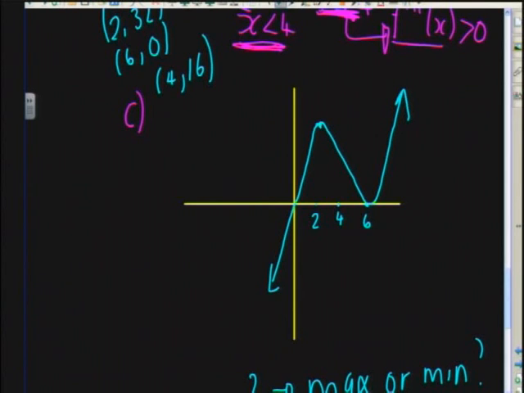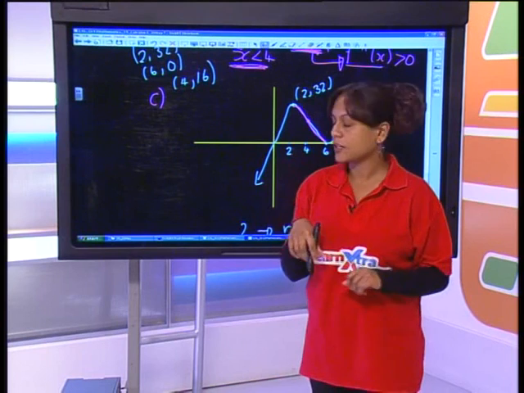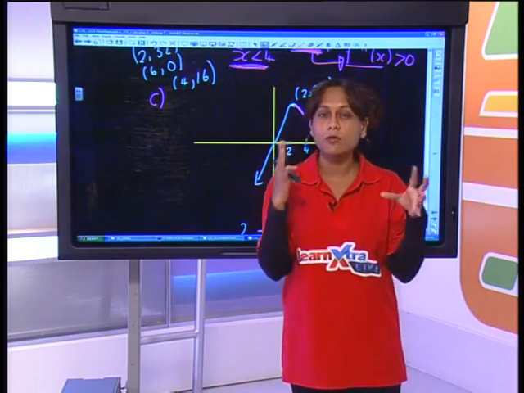Okay, so this point here, remember to label these on your graph. That's the point 2, 32. And then at the point 4 and 16, which is somewhere there, you have your concavity changing. So when you draw your graph, you need to exaggerate that. The concavity needs to change. It needs to go from concave down to concave up, because that's what we worked out when we looked at